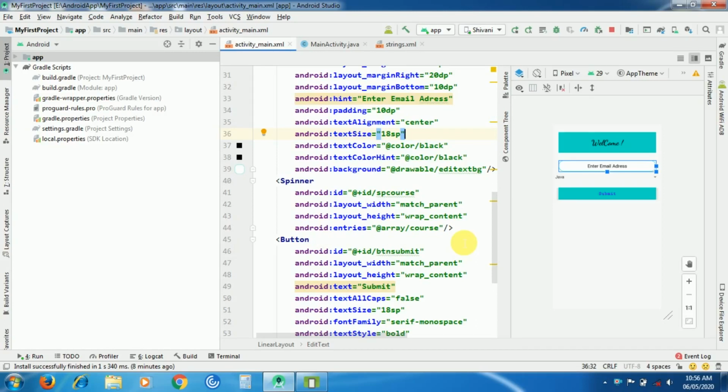Today's topic is how to use set on click listener for spinner. In my previous video, I have explained all the things about the XML component spinner, how to use spinner and how to add the list to spinner. So in today's session, we will learn how to add any operations on select of any item. I will explain all the things related to that in this video.